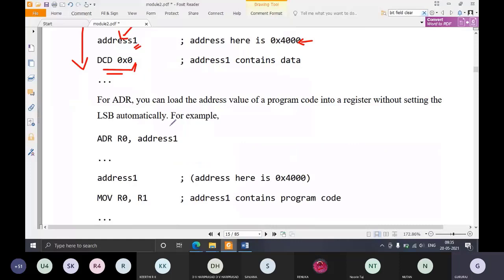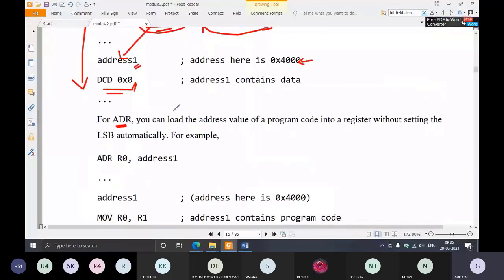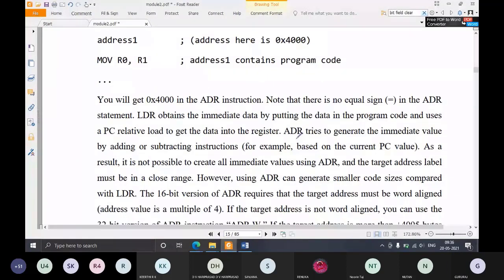Similarly, you can use ADR. So LDR and ADR. But ADR cannot be used in all scenarios. LDR obtains immediate data by putting the data in the program code and uses a PC relative load to get the register.